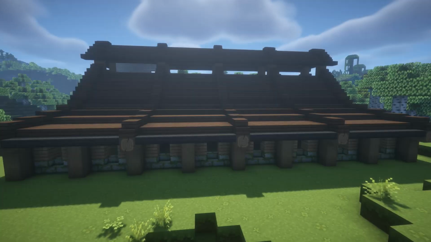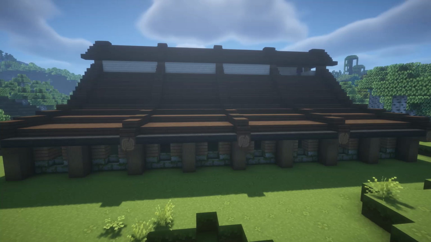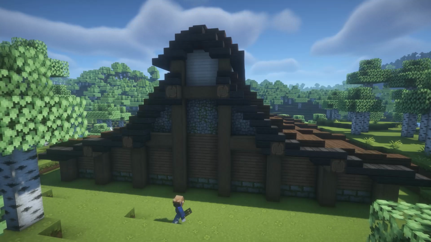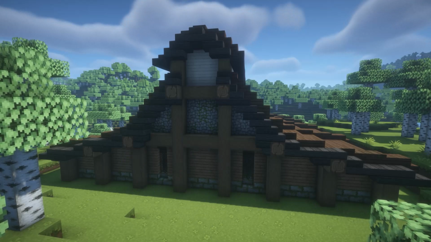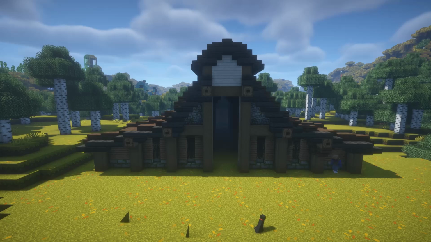I actually love working in as many wood types as I can, so up here at the very roof I have opted for birch. And from here we're just going to go around and add a little bit more ventilation for the animals and even bringing in that natural light. For each ventilation area I am changing for the equivalent stair variation of that particular block and then using iron